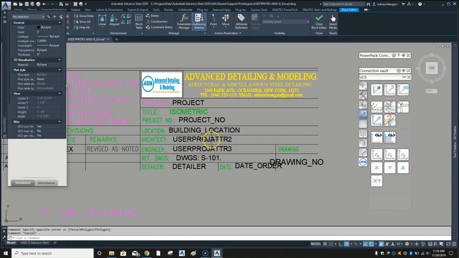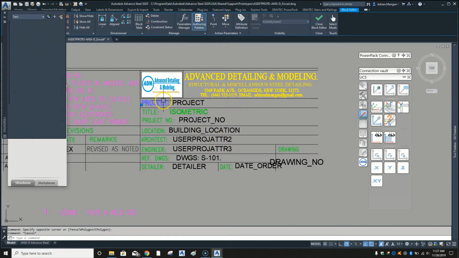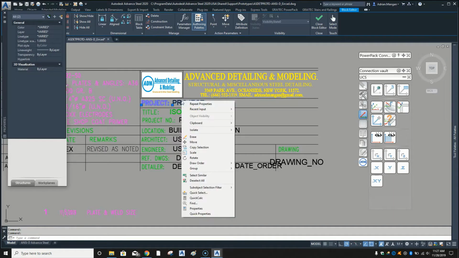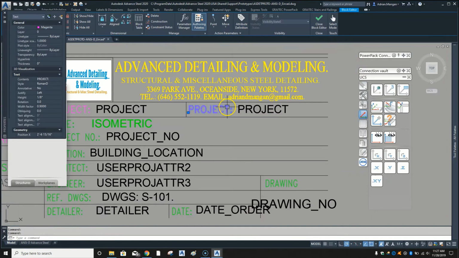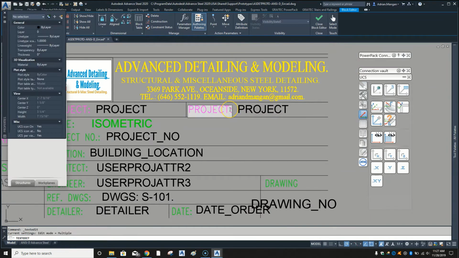For the user project attribute 2 and user project attribute 3, I will fill in architect and engineer in my project, and they'll populate here accordingly. So let's say you want to put in your client's name. Just select these two, copy the selection from here over to the center of the line, and let's put a line here too. So these are just lines. You're just basically drawing out what you want. So I want to change that to client. So double click and I click here